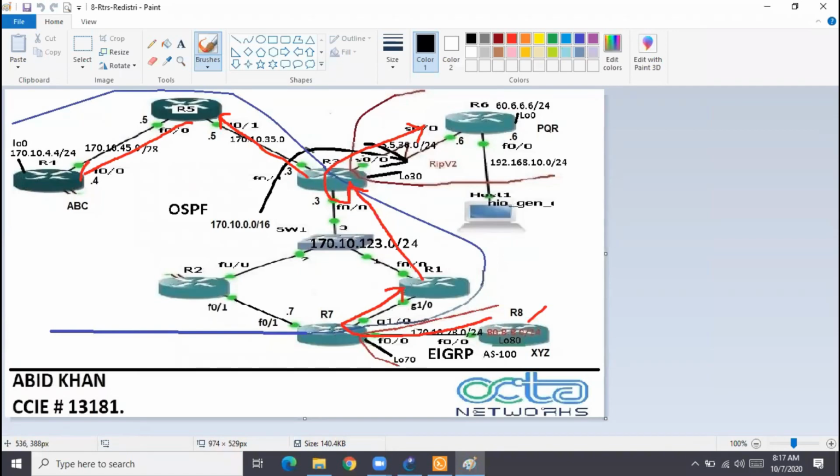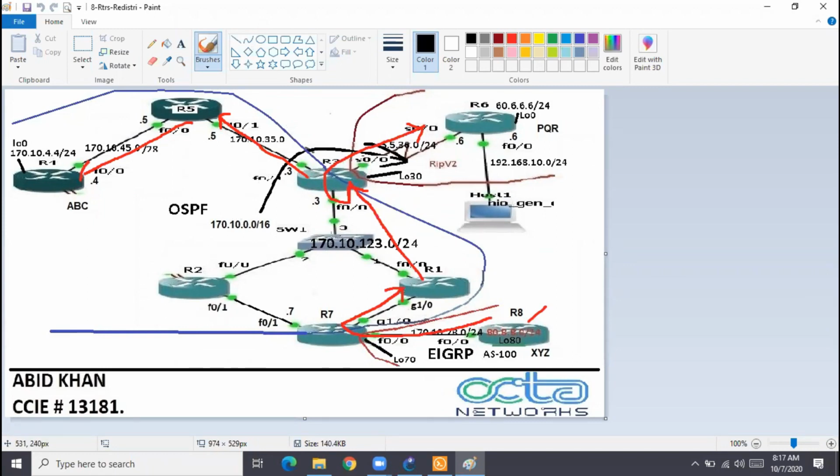Sometimes in the real exam they might ask you to change the metric. In OSPF, the metric default is 20 and need not be changed. But if they ask you to change it, that is what I'm showing you. In RIP and EIGRP the metric is mandatory, but in OSPF the metric is optional. So if they say the redistributing router should advertise the routes with metric 100, then we do that.